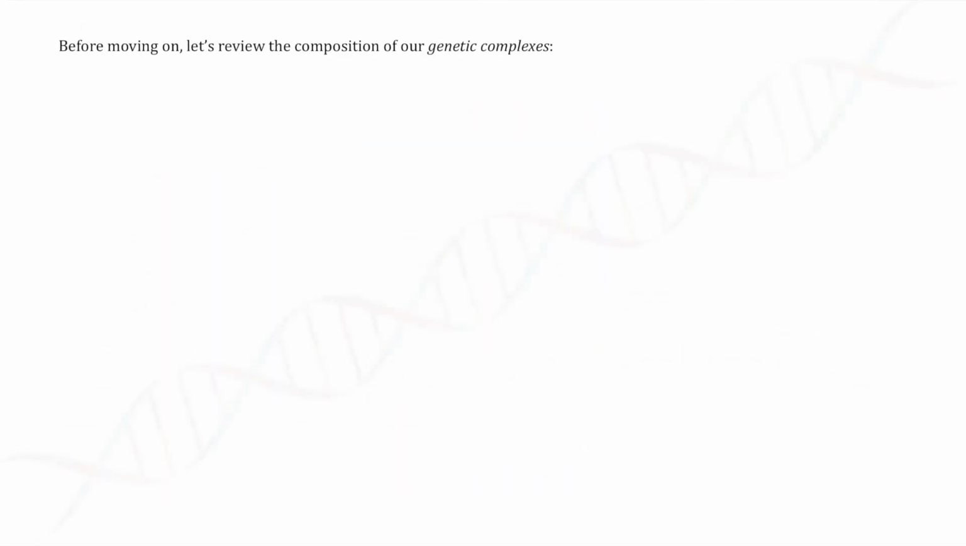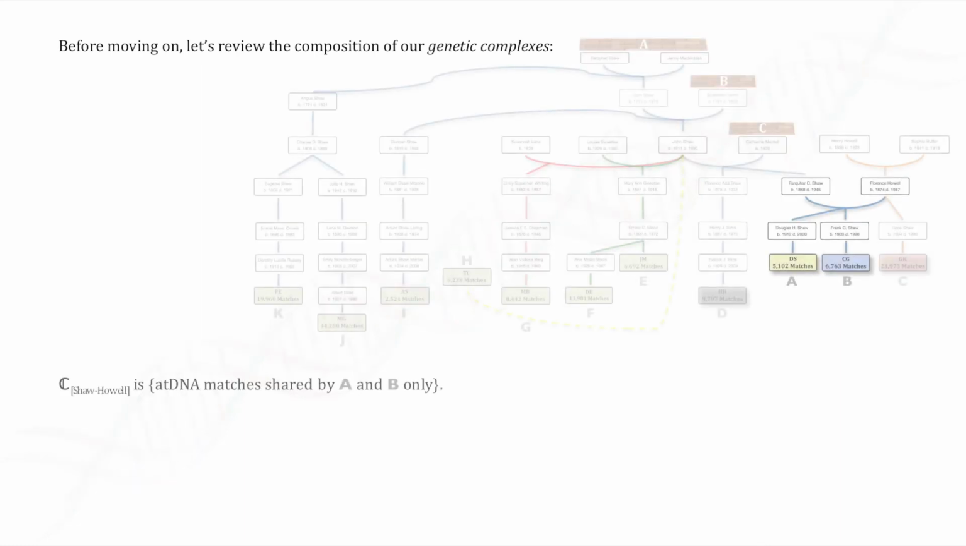Before moving on, let's review the composition of our genetic complexes. Complex Shaw-Howell is the set of DNA matches shared by A and B only. Although our preliminary analysis has assigned 180 member matches to this genetic complex, it's worth remembering that complex Shaw-Howell includes